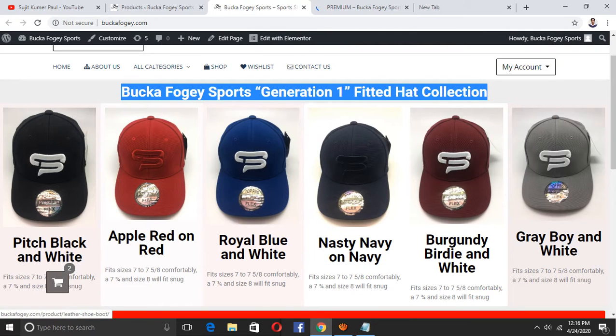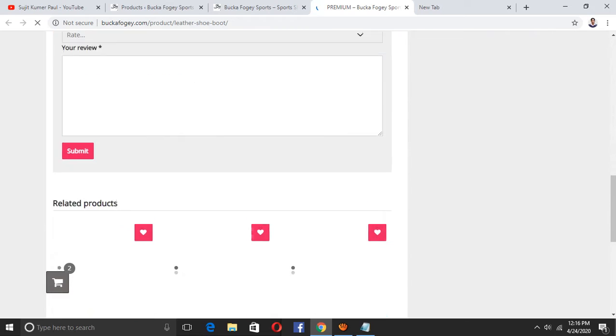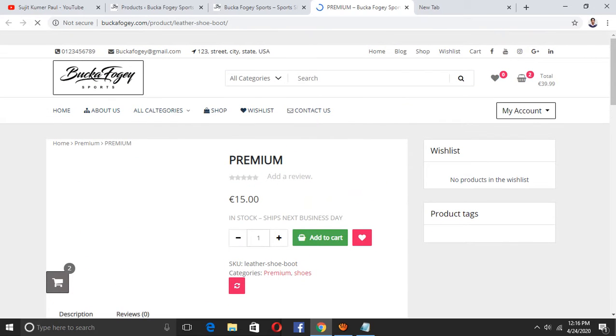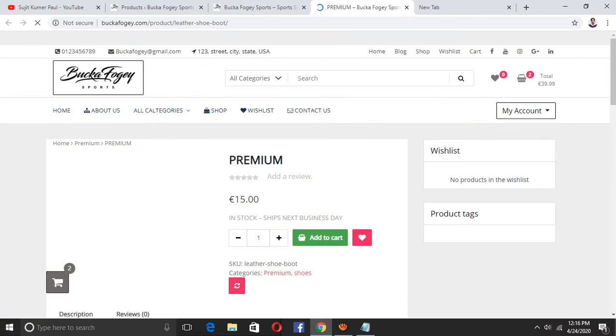This is an easy way to update anything in every product's details. This is the product page. Wait just a moment. When you click every product, it opens a page.